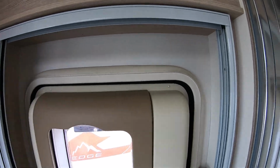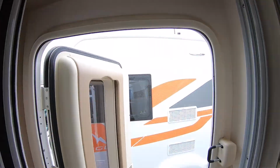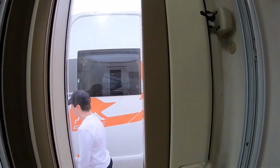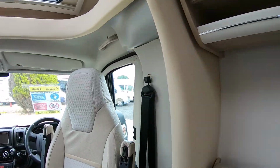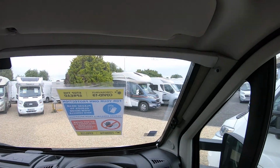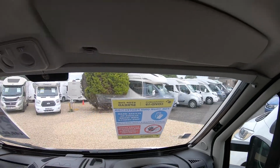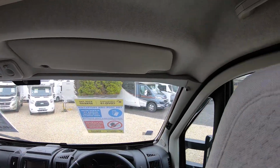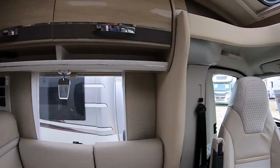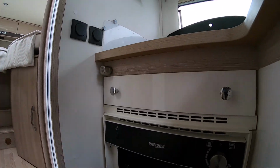I didn't mention on the way in, but we have full fly screen across the door there, and also in the cab you've got full cab blinds. Looks like one's been opened there, so they just retain in there and they just pull out, meet in the middle. And also on the side windows as well, the same sort of Remis cab blinds, so good for privacy. Mentioned the dual oven and grill,